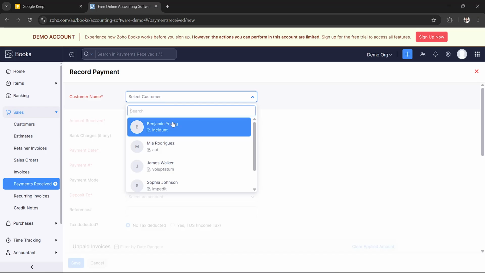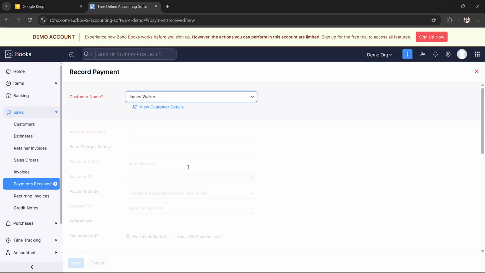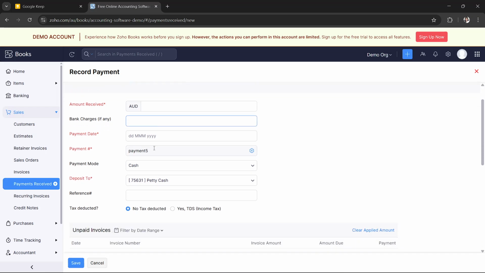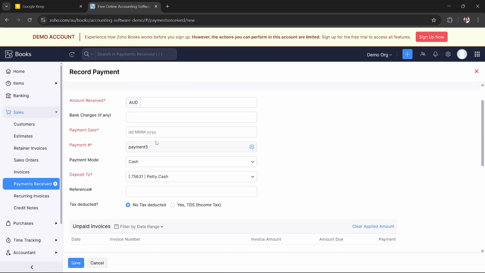So select the customer paying in advance, so for example this person right here. And what you will have to do next is input the payment amount. And now you will just have to fill in everything according to your needs. So yeah, of course, you do have to input your payment amount, the mode of the payment,